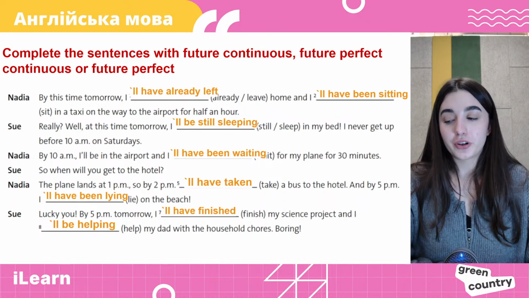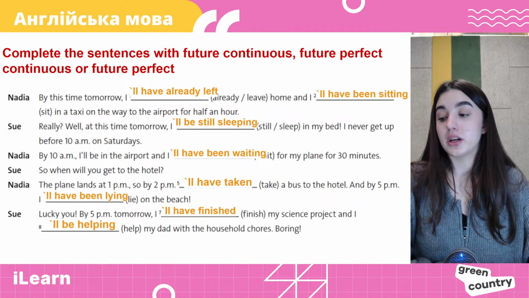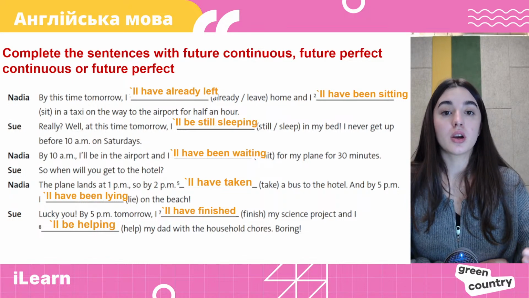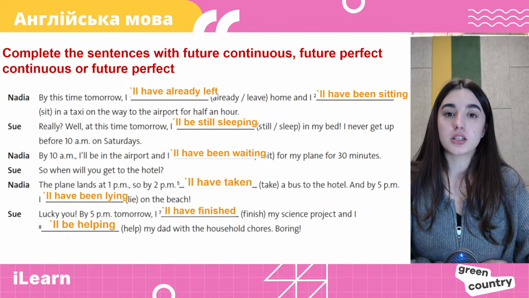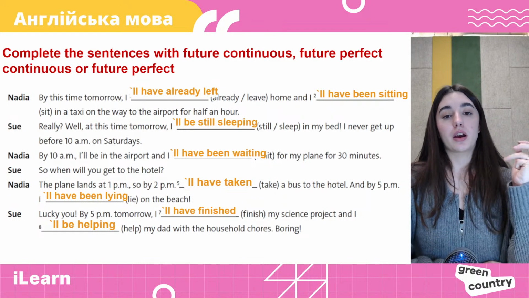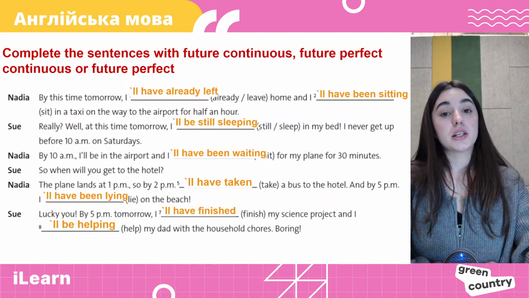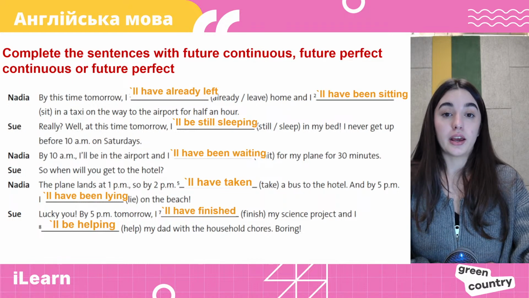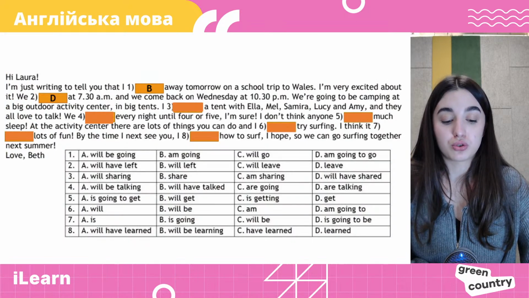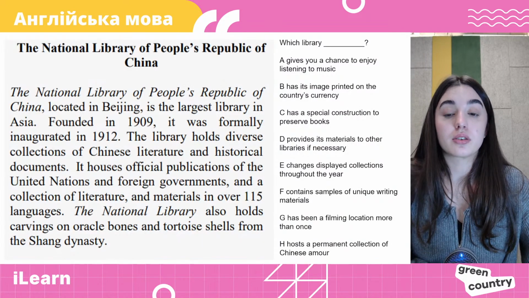Okay, so for us not to waste our time, we will go to the reading part, but at the platform iLearn, you can find one more task where you can practice future, and there you can practice more. There we have future continuous, future perfect, all of the sentences that we talked about today. Please check iLearn, and there you find this test. So give me a second to scroll it a little bit, and we are going to start the reading.